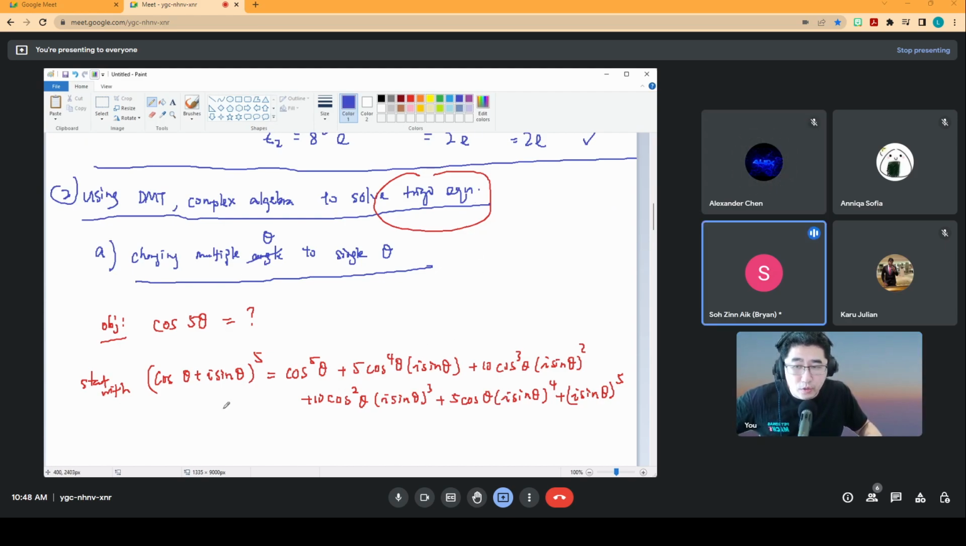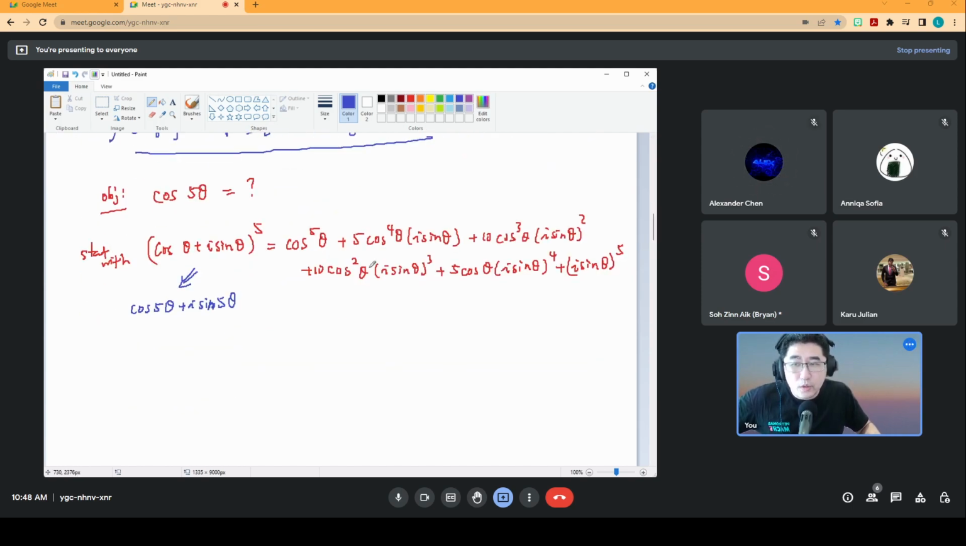Yes. According to DMT, this cos theta plus I sine theta will give us cos of 5 theta plus I sine 5 theta. Do you agree? By DMT. Yes. My objective is to get cos of 5 theta, right? Therefore, over here, I compare the real component. So I will have cos of 5 theta equals to, I'm trying to extract the real component